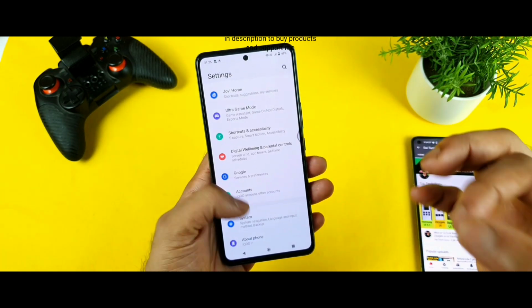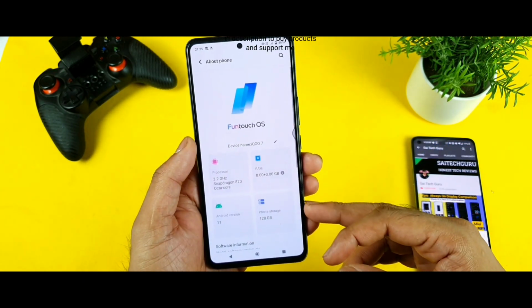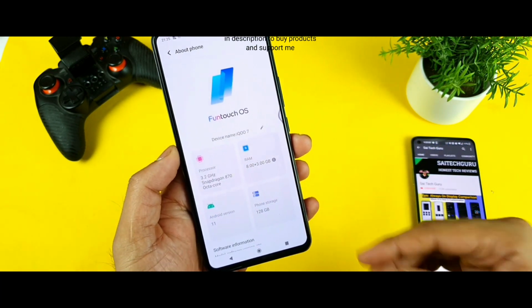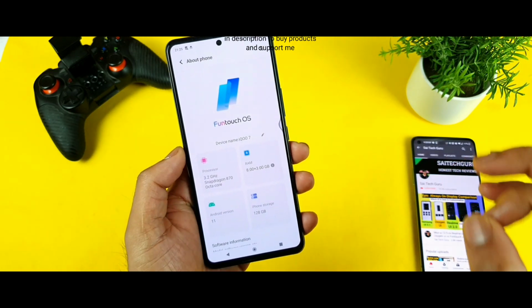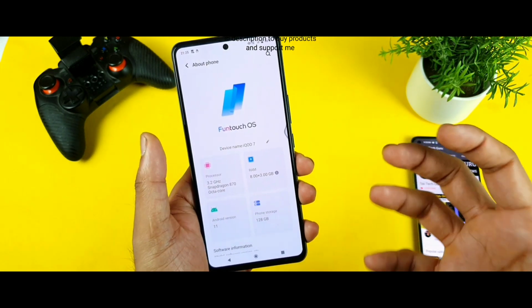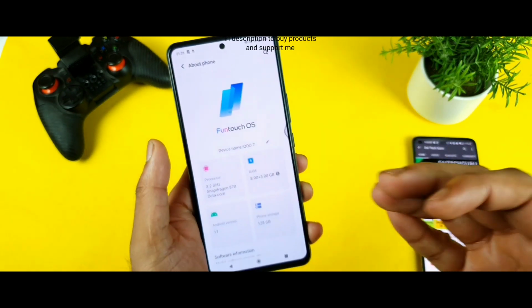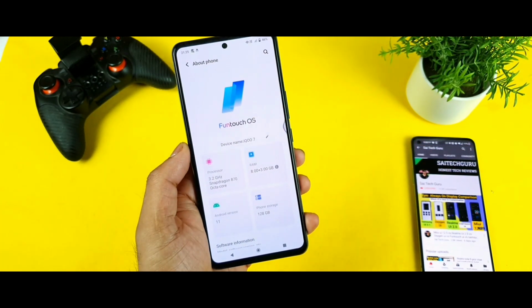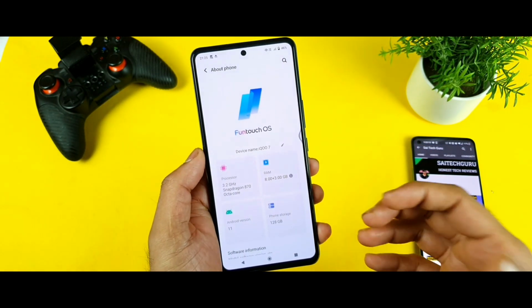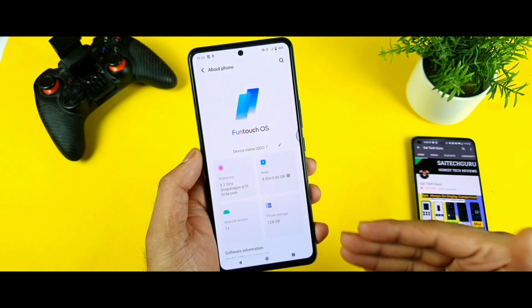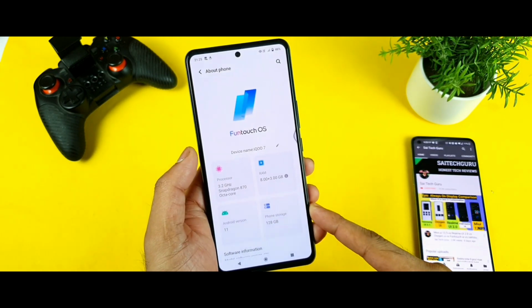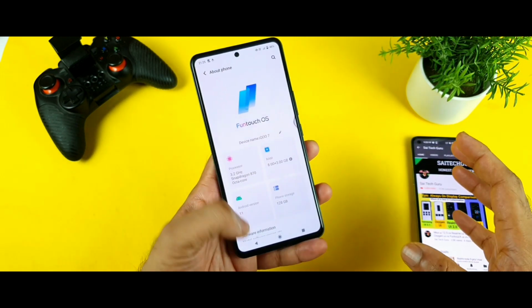I just want to know how many users are actually facing this kind of green tint issue in the IQ7 device. Is it a big problem or only a few users? That is the reason I want feedback from all of the IQ7 users. So please comment, friends, because this is an issue which I'm facing from day one till now. A couple of software updates have come to the IQ7 device, but they are unable to fix the green tint problem.